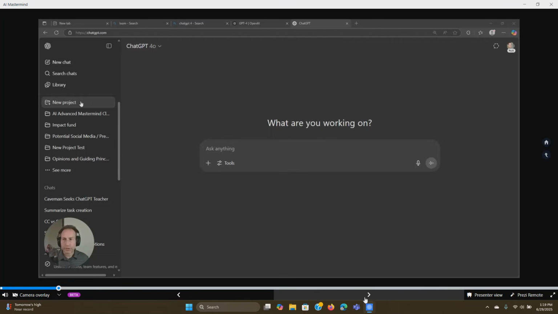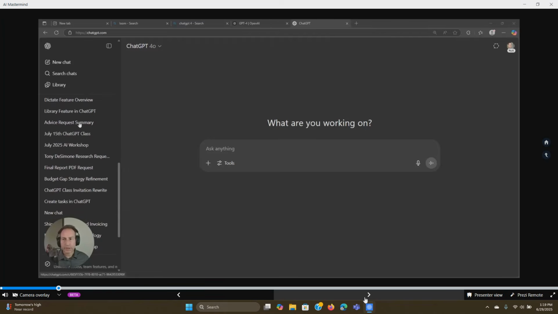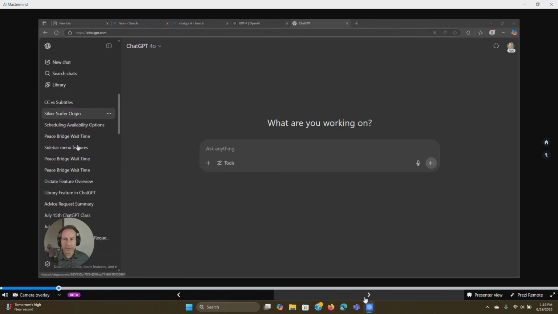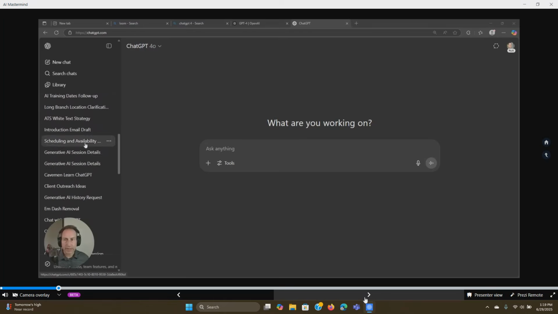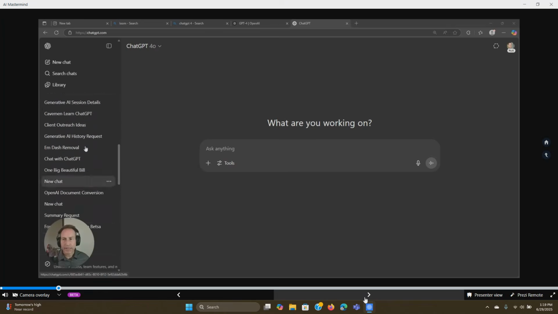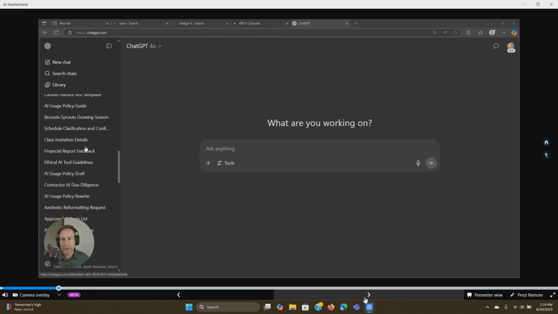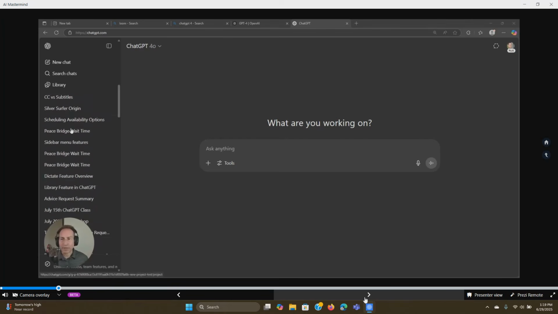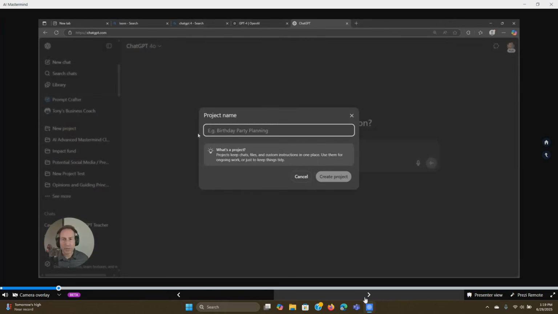Next up, projects. Next item on our sidebar features is the new project. Now, if you're using ChatGPT as long as I have, 2.5 years, you're going to have a lot of chats that are going to be collected on the left-hand side from all of the past conversations that you've had with ChatGPT. And as you can see, I am using ChatGPT all the time. Now, the nice thing about new projects is you could put these chats in file folders, really clean up that sidebar. And it's as simple as selecting new project,